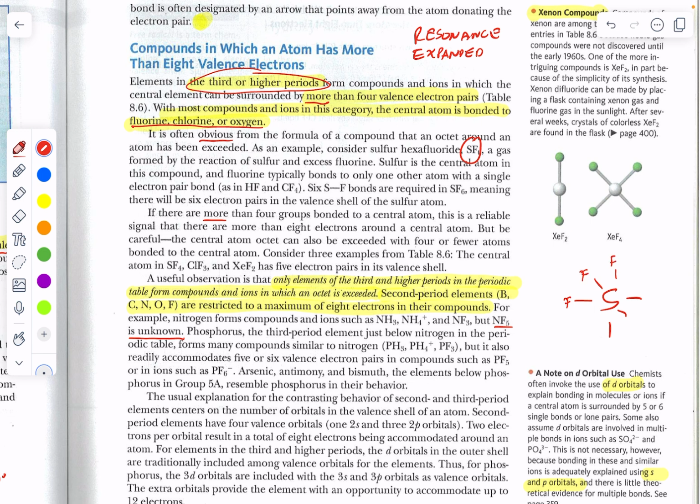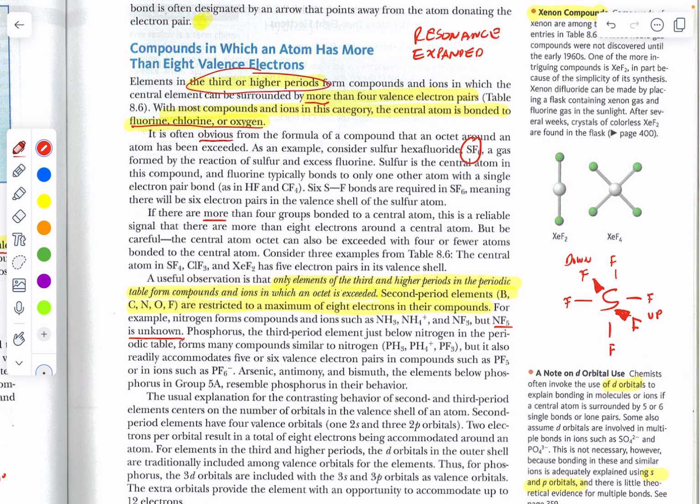And it's a difficult structure to draw on a 2-dimensional surface. So sometimes if we want to show something coming up out of the page, we'll put it into a triangle like this. And if we want to show a fluorine going down into the page, we might put it with a triangle like this. So this is actually going down into the page or into your iPad, and this is coming up when you make those thick triangles to try to give you a sense of 3-dimensional shape when you're limited by a 2-dimensional surface.